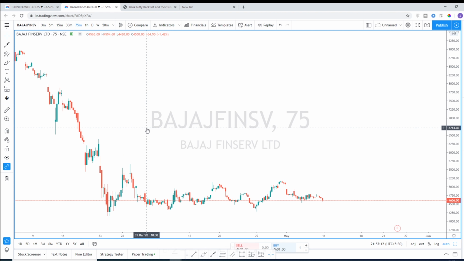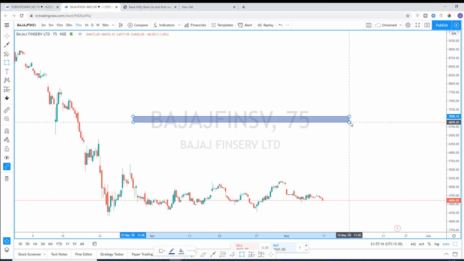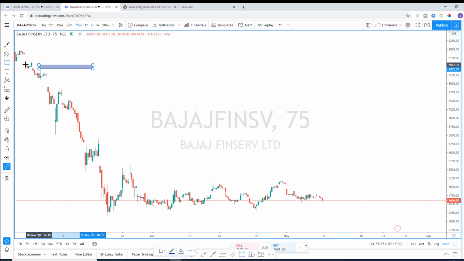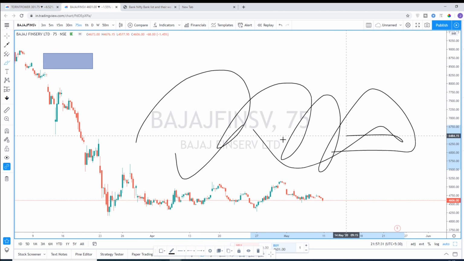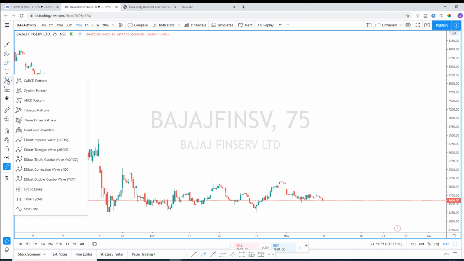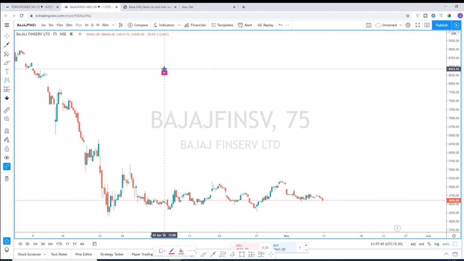I use it sometimes. And rectangle, you can draw this for drawing supply and demand zones. And also brush, you can use it to scribble around or to explain something. And the major thing, I don't use anything here because I'm not an Elliott wave trader or harmonic trader, so I don't use this as well.